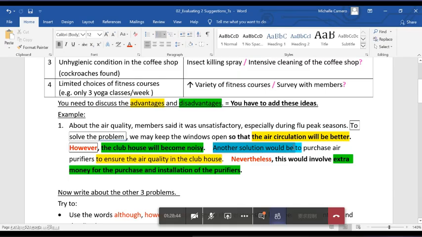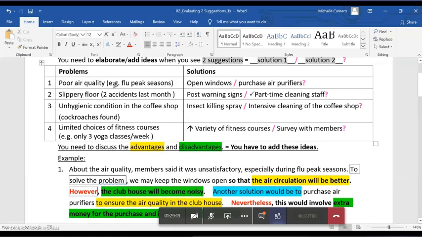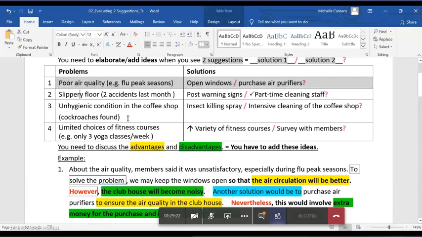Another solution would be two. Here comes solution two: purchase air purifiers to ensure the air quality in the clubhouse. That's the advantage of solution two. Nevertheless, this would involve extra money for the purchase and installation of the purifiers. That's the disadvantage. Remember, nevertheless can only be used with the disadvantage. All right, that was number one, but we still have number 2, 3,